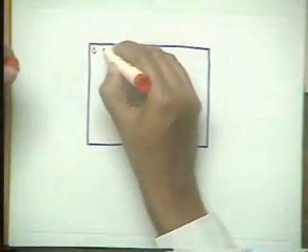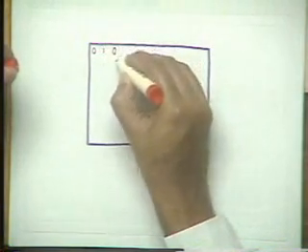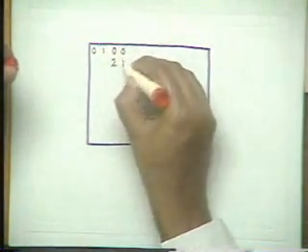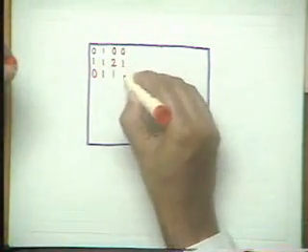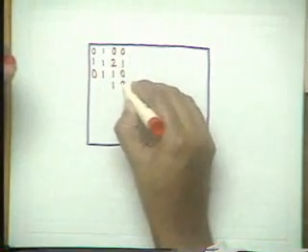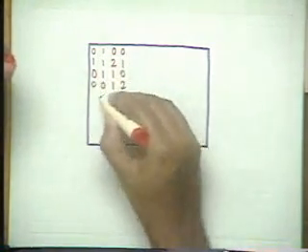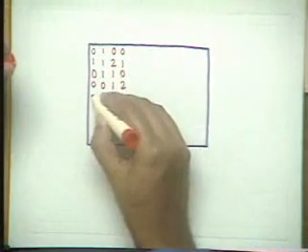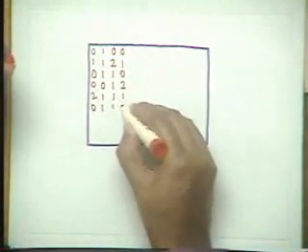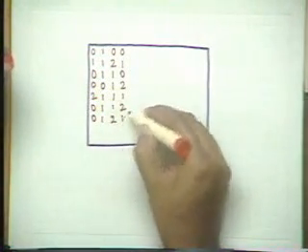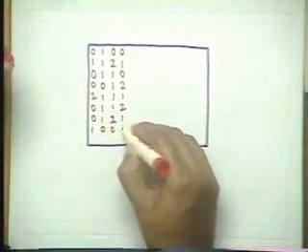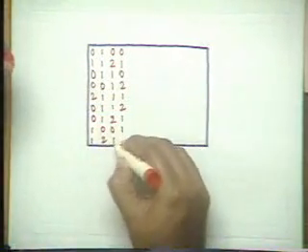So let us write down the intensities: 0, 1, 0, 0, 2, 1, 1, 1, 0, 1, 1, 0, 1, 2, 0, 0, 1, 1, 1, 2, 0, 1, 1, 2, 0, 1, 2, 1, 1, 0, 0, 1, 1, 2, 1, 0,